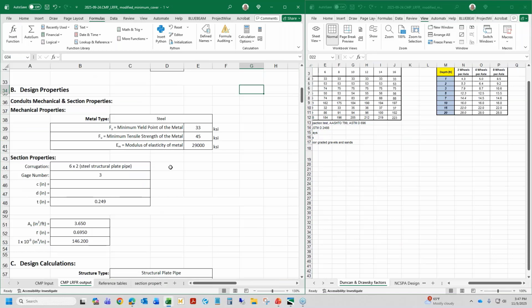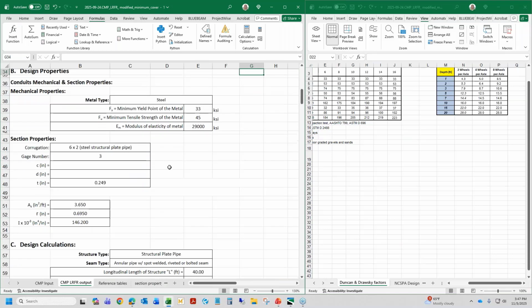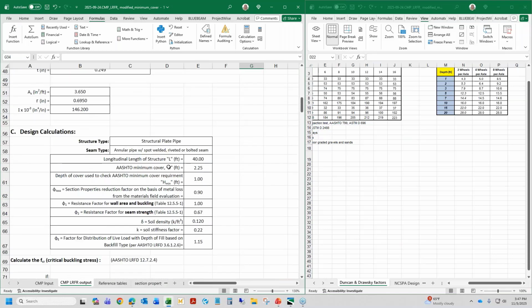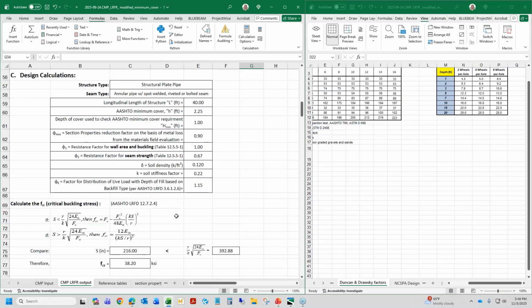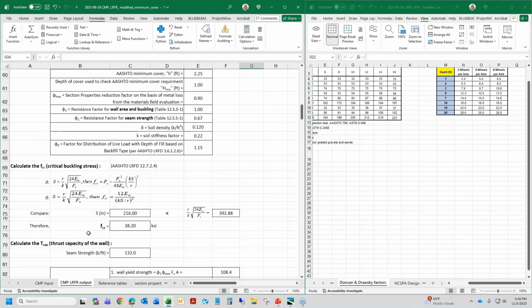It's basically a regurgitation of the information that you just entered on the other page. But we then get into design calculations, and we look at the critical buckling stress. There are two equations for critical buckling stress. It checks both of them depending on the overall stiffness of the structure. We end up with one of the two different equations to utilize, but eventually we'll get to what's the critical